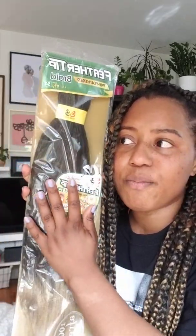a pack of hair for 4 braids. That's how I started off, but that's way too much hair. So I would say that for me, the next time, I would say 1 pack of hair this size. This is what, 3.5 or 3 ounces of hair. I think this should be able to do at least 6 to 7 braids. Personally, I want to use a little less hair in them, but it may be just 6. I don't know, maybe six braids, but 4 was just too much hair in the braid for me, for my